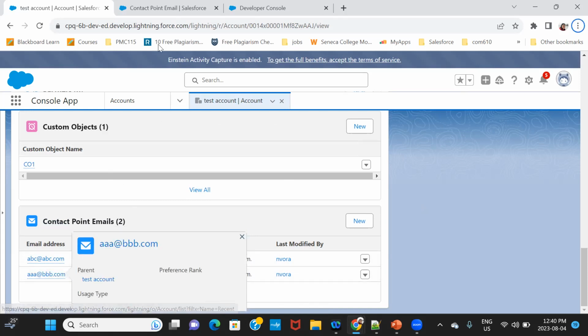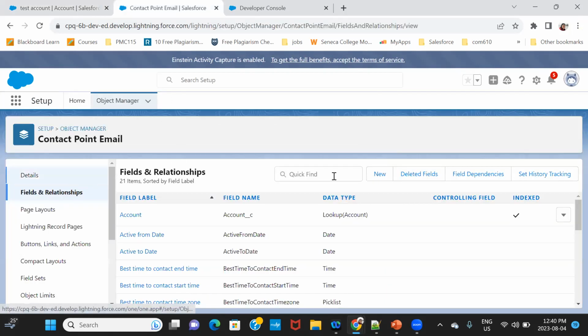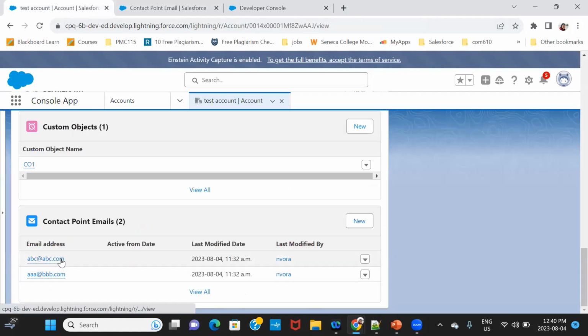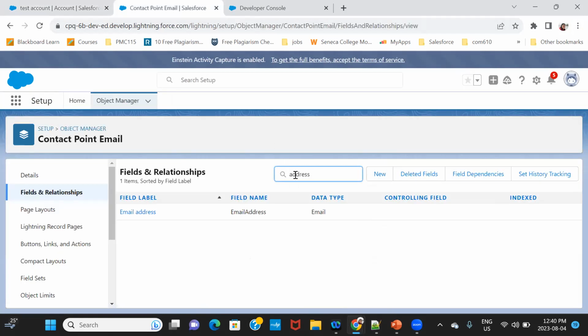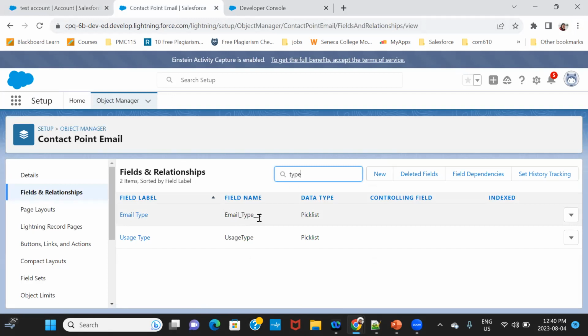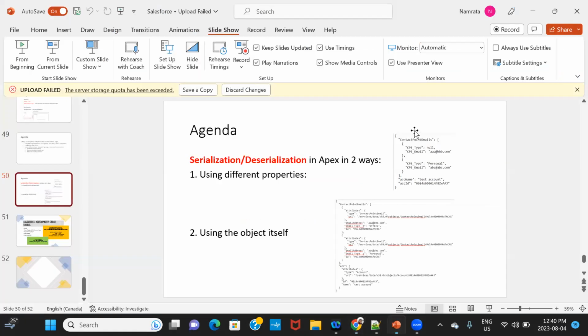Now, in contact point email, which two fields am I going to send? One is email address, which is this one, and the type. There is a custom field called email type. So I'm going to send email address and email type. Now in my JSON,